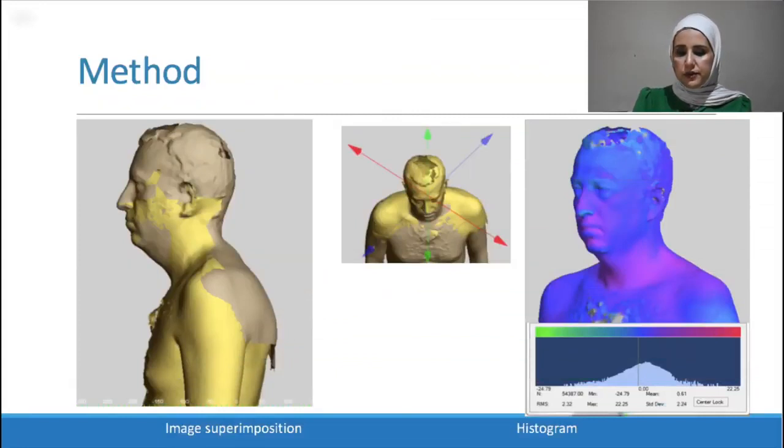And to quantify the difference between the body position standing versus sitting, we superimpose them using superimposition tools from 3DMD Vultus software. And we can see that the histogram here shows the difference between standing and sitting position without instructions. The histogram is color coded, and you can see the pink color represents the positive movement of the body, which is movement of the body forward, giving a positive measurement.